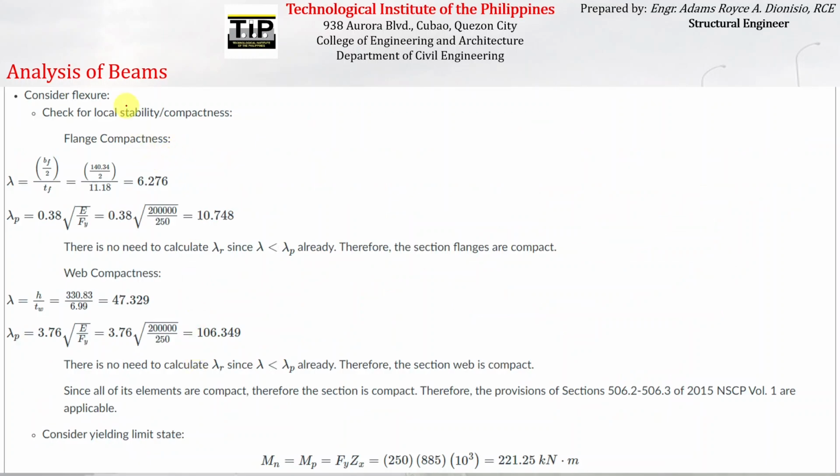Okay, so first, for the analysis, we have to consider first its capacity in resisting flexure. Okay, so we have to find Mn with respect to flexure. Okay, so the first step there is to check for local stability or compactness of the whole section. Okay, so we have to know whether the section is compact, non-compact,